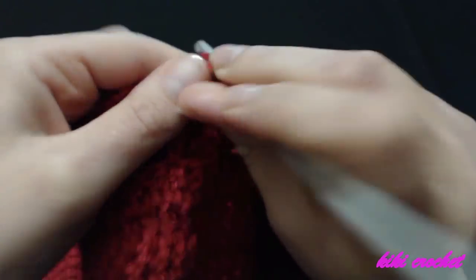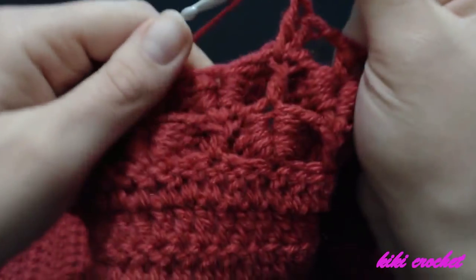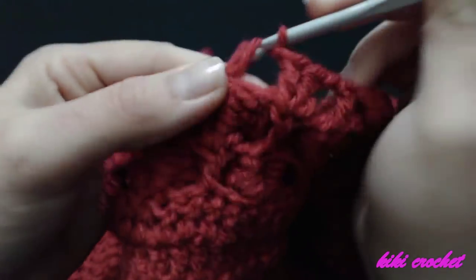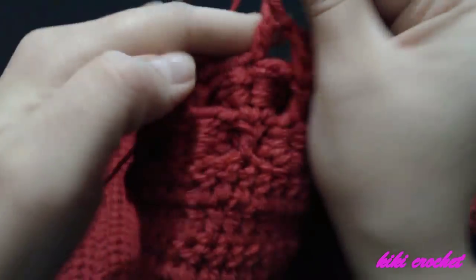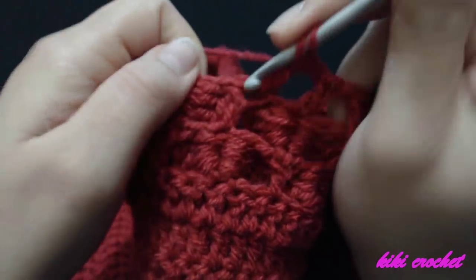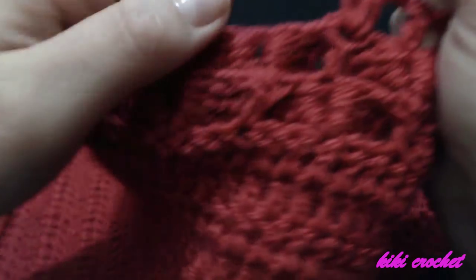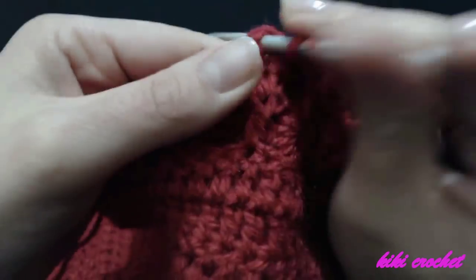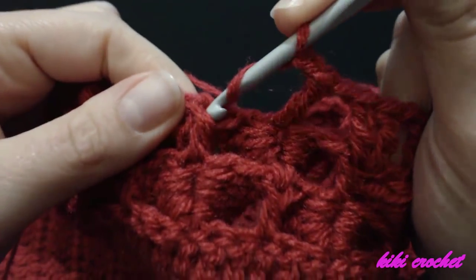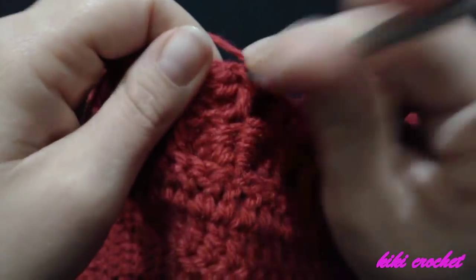1, 2, chain 1, make 1 double crochet in the eye of the crocodile stitch, chain 1, make 2 double crochet on top of the 1 double crochet, 1, 2, chain 1, make 1 double crochet in the eye of the crocodile stitch, chain 1, make 2 double crochet on top of the 1 double crochet, 1,